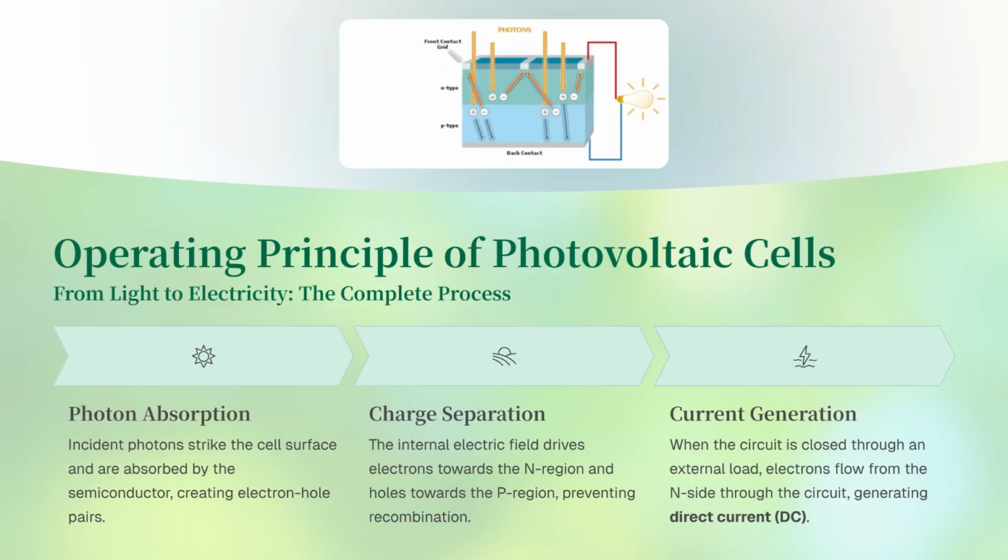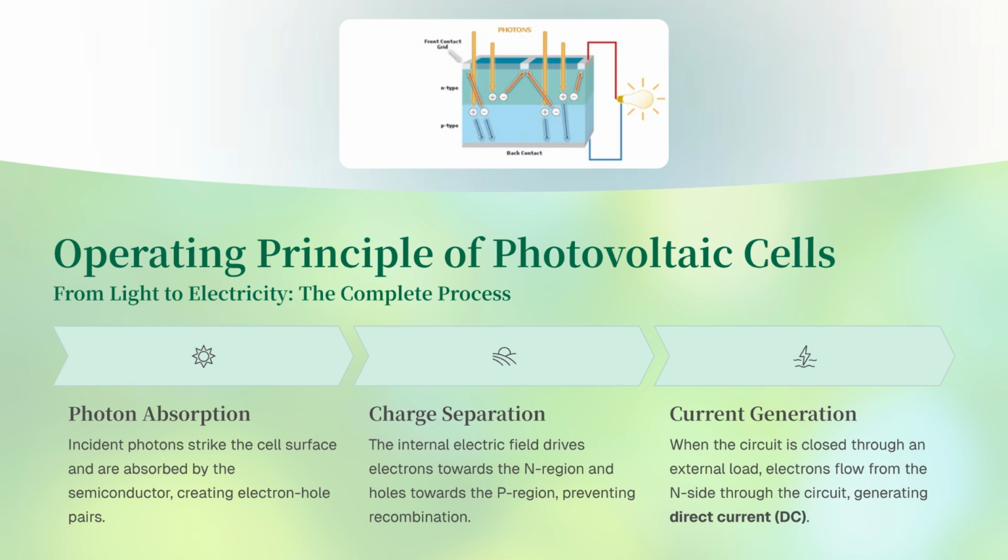Finally, let's look at the complete process. When photons strike the surface, they are absorbed and create electron-hole pairs. The internal electric field we just discussed immediately drives the electrons toward the N side and the holes toward the P side. When we close the circuit through an external load, such as a lamp or a battery, the electrons